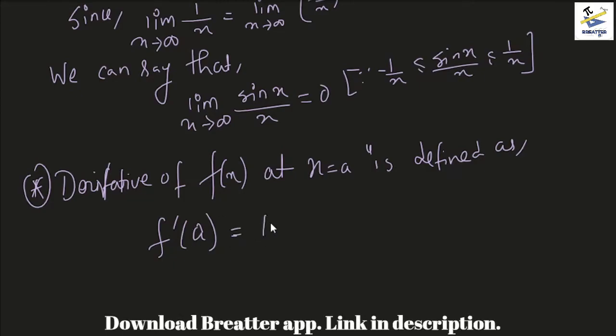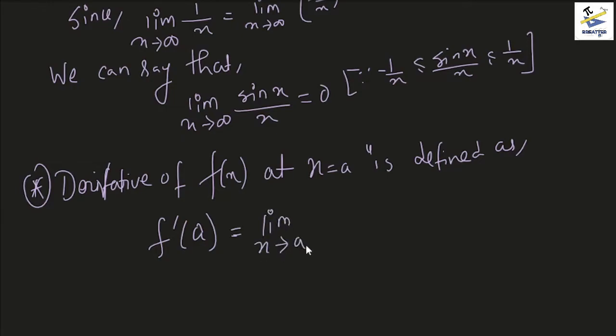So f'(a) is basically equal to the limit as x tends to a of (f(x) minus f(a)) by (x minus a). So this basically is the definition of the derivative. The value of this limit gives you the answer to f'(a). Now the problem,